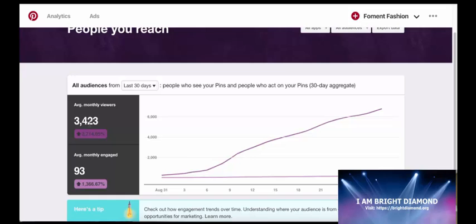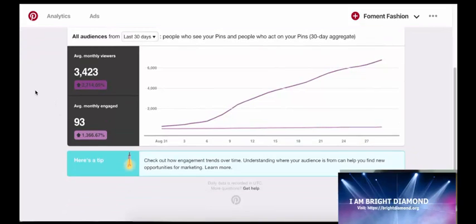The last one I want to show you is their new feature, which is Audience Insights, which really gives a lot of data, in the sense that you really understand your customers very well, and it's